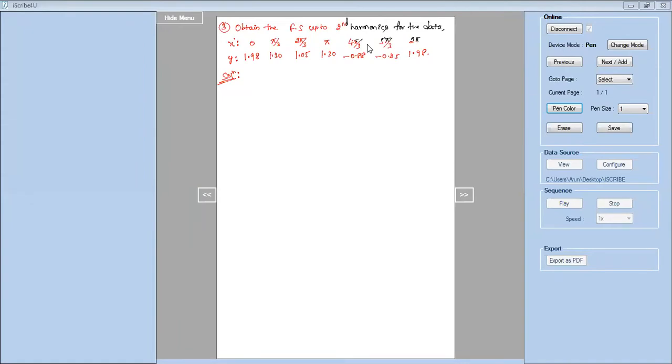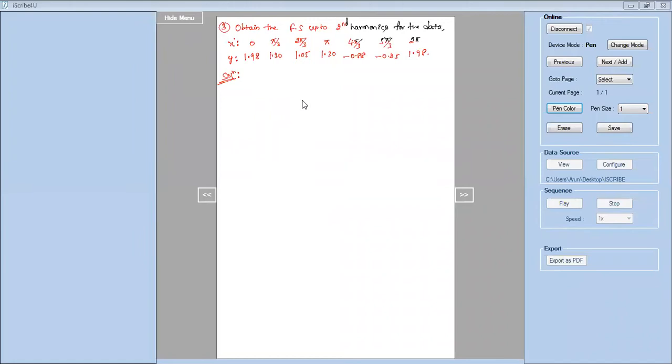So if it is between 0 and 90 degrees, first quadrant to fourth quadrant, it is a 2 pi period problem. If I have arbitrary values like 1, 2, 3, 4, 2, 4, 6, 8, L, 2L, 3L, 4L, T by 8, T by 2, like this, it is a 2L problem. Okay, this is how we can identify the period. The period identification is very important in harmonic analysis. Once you identify the period, there is a particular procedure for that.